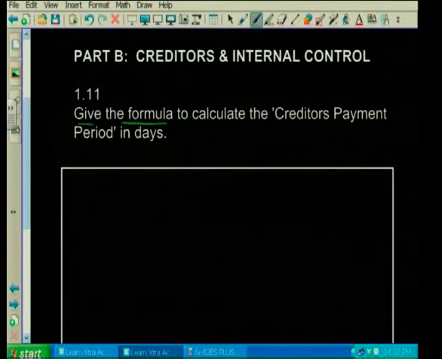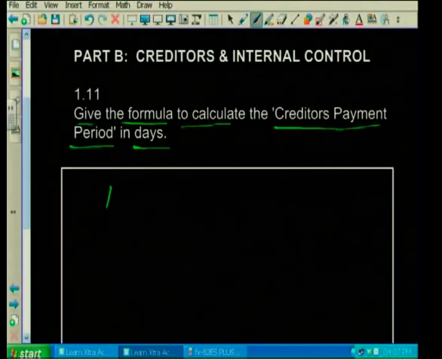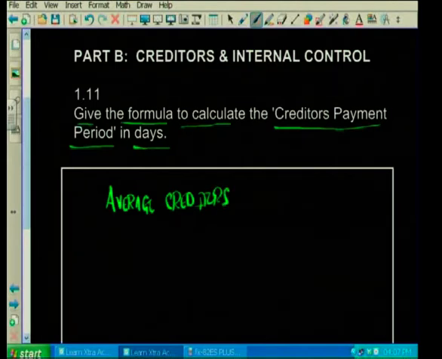give the formula to calculate the creditor's payment period in days. They're not asking you to do the calculation. They are asking that if you were doing this calculation, what would you use? Definitely, you would take your average creditors over your credit purchases